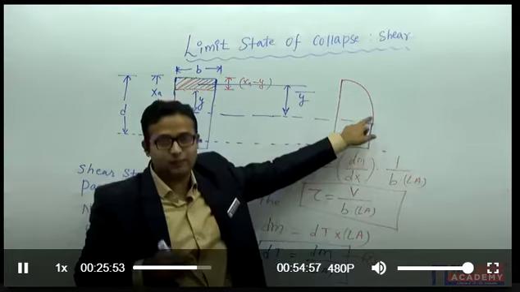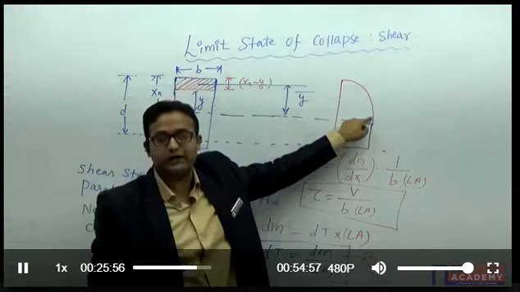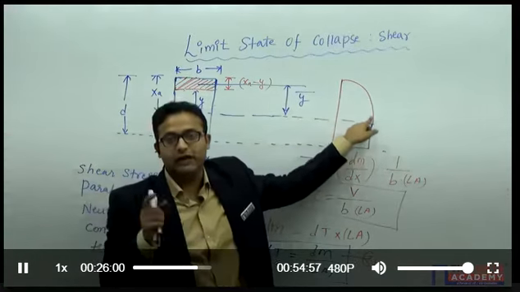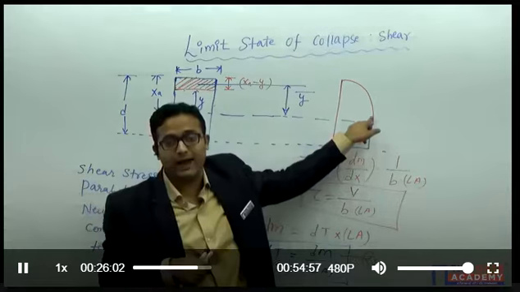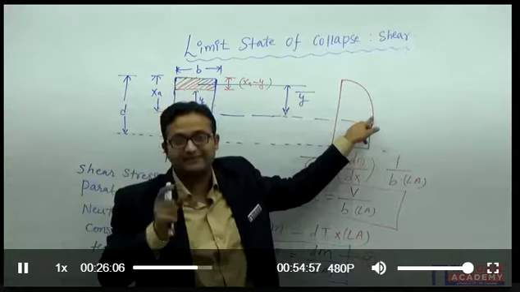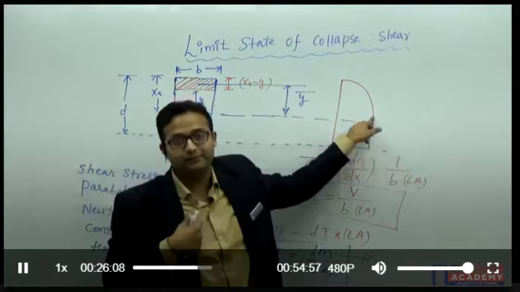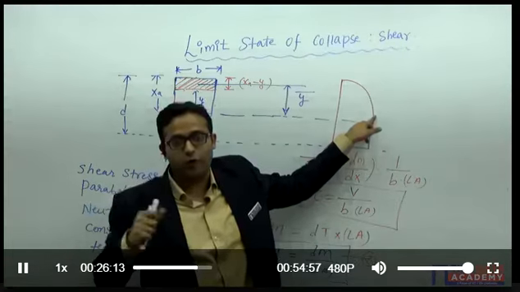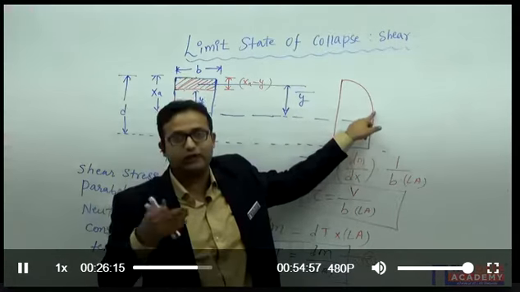Already we have discussed above the neutral axis. I found one formula also, that is V divided by 2I into (XA square minus Y square). Means I am getting the term of XA or the value of Y. If I change the value of Y, I will be getting a different value of tau. That is in the first case, above the neutral axis.